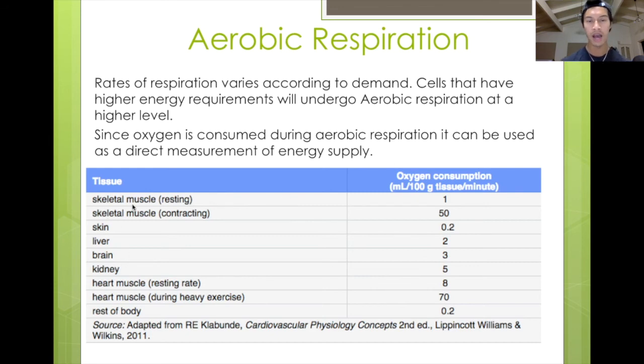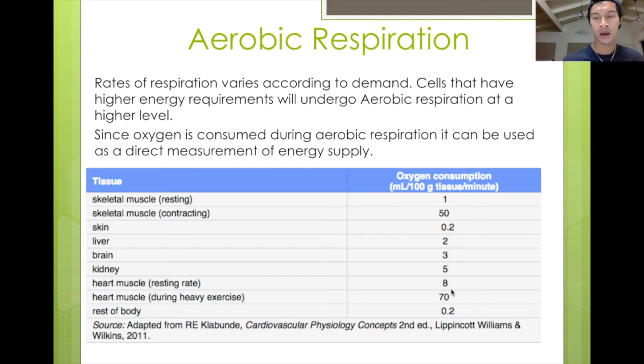Your muscles at rest will consume about 1 mL for every 100 grams of tissue per minute. However, you'll notice that when they start contracting, that is when you start doing exercise and things like that, that number increases up to 50 mL per 100 grams of tissue for every minute. Your skin, 0.2, very little. Your liver sits about 2, brain 3, kidneys 5. Your heart muscles at rest